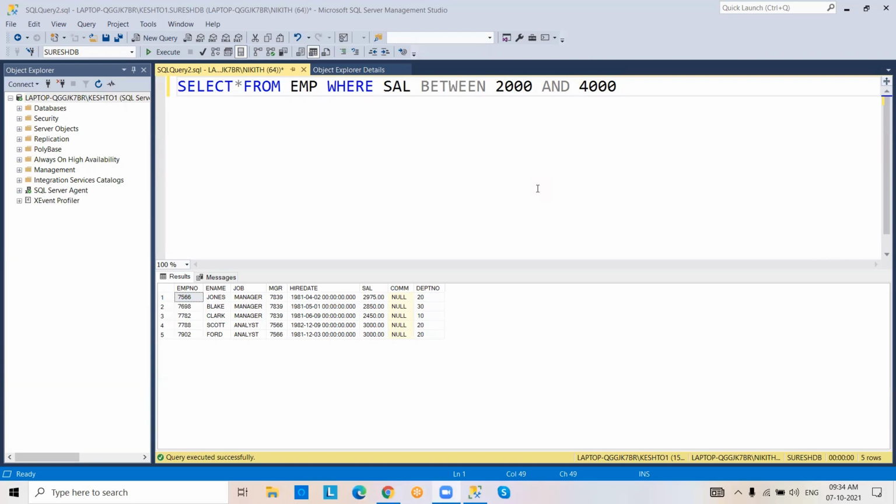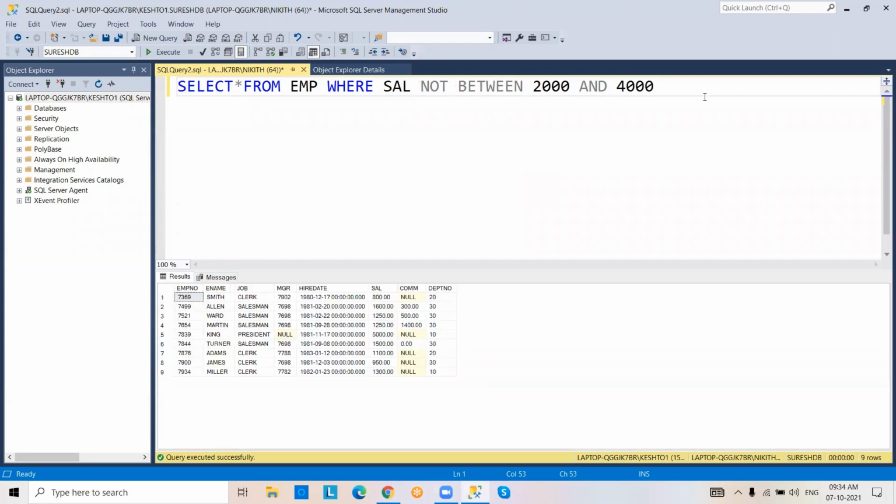In the same way, not between 2000 and 4000: above 4000 and below 2000 data, not between, right? NOT operator. Please check the salary column. So this is the way we use NOT operator.